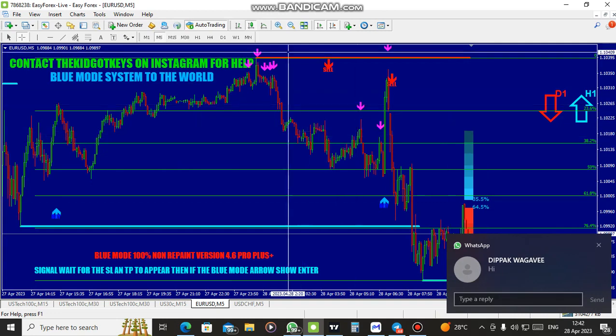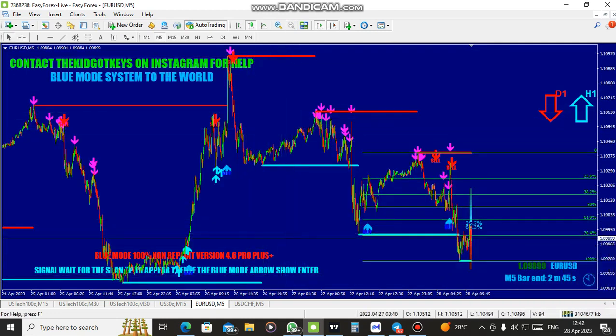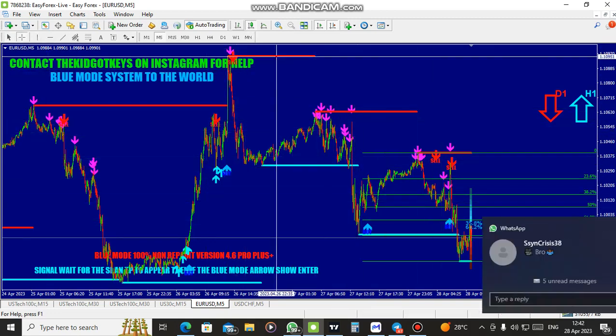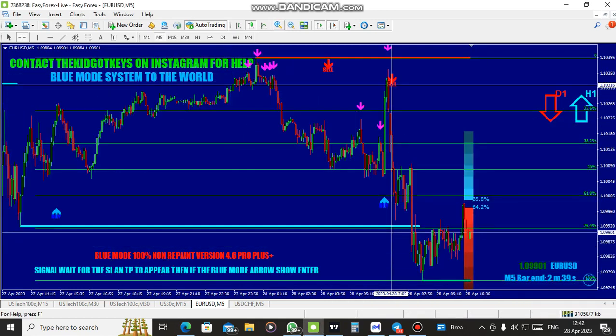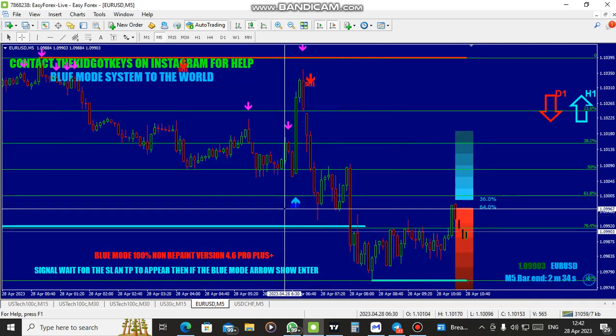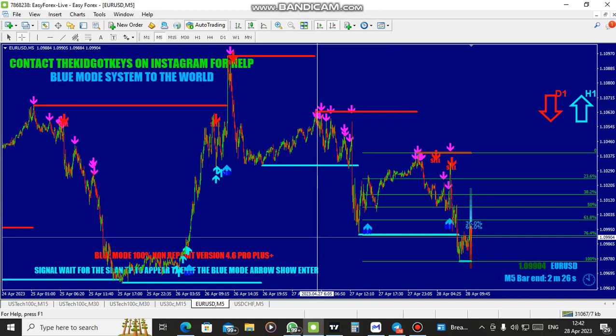Let's check. Oh, guys, this is 5 minute time frame. As you can all see, the system gave us sell signals. Check the sell signals, guys. Oh, this is the sell signal on 5 minute time frame. The system gave us a sell. Yeah, Euro USD is still a sell, but